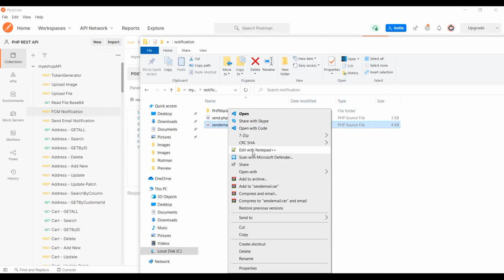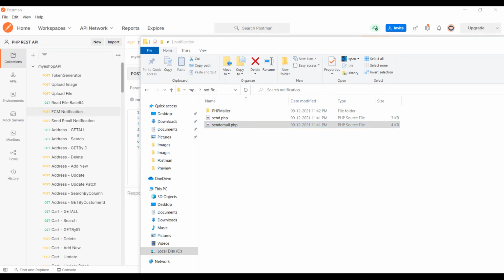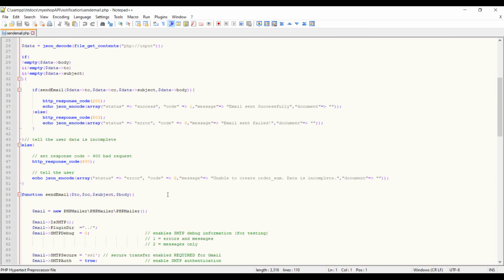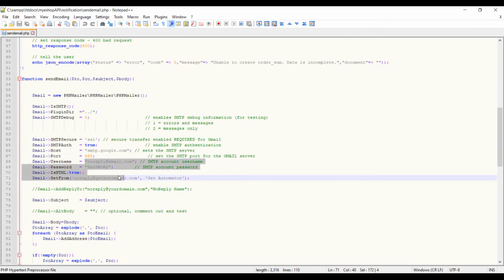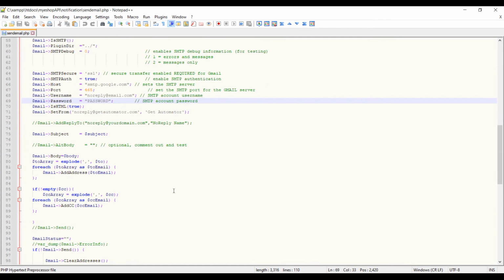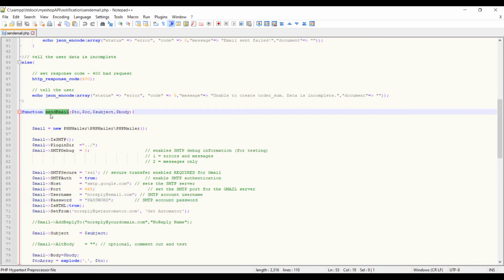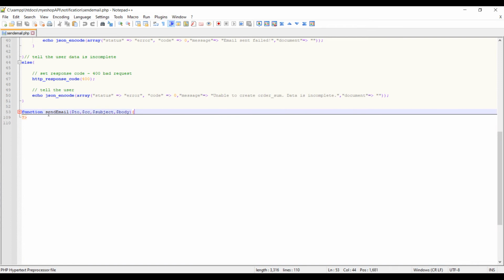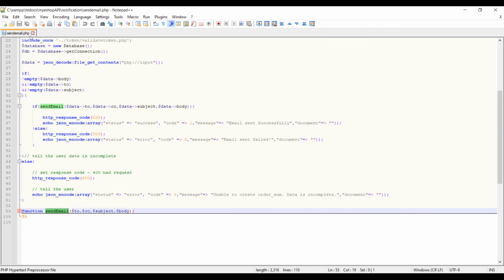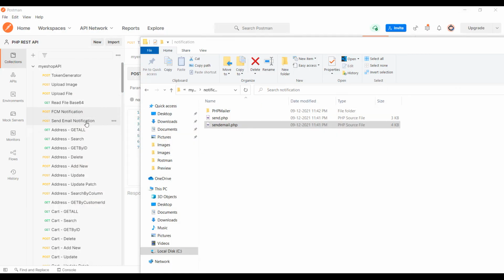Then similar to that, we have a send mail PHPMailer integration file. If you see that, you can just configure your mail server, your username, password, and then just start sending mail. So these are the email functions which can be called from anywhere. You just include this send email file and then call this function with to, cc, subject and body, and then it will keep sending the mail easily. So it's very easy for you to directly send mail or notifications. If you are developing a mobile application, then you have the FCM token and the email sending part